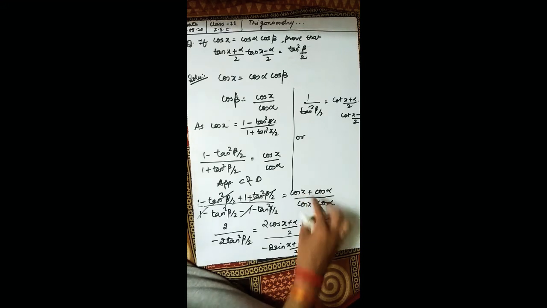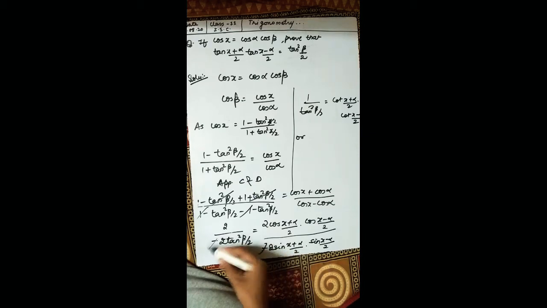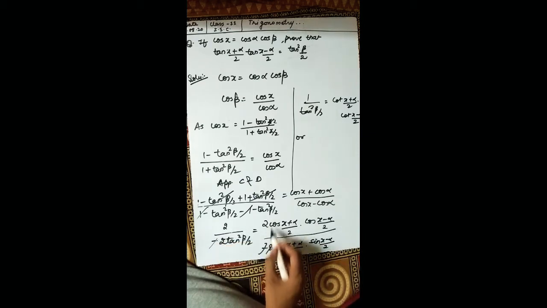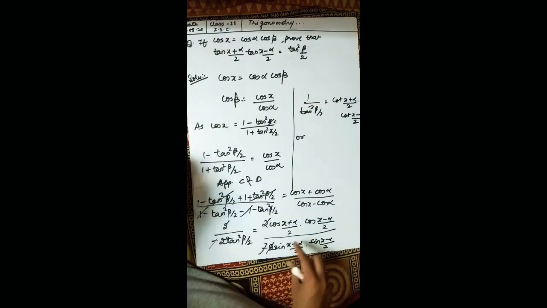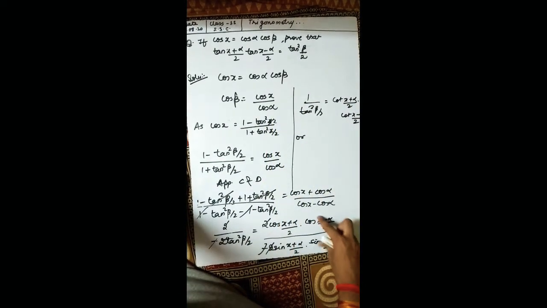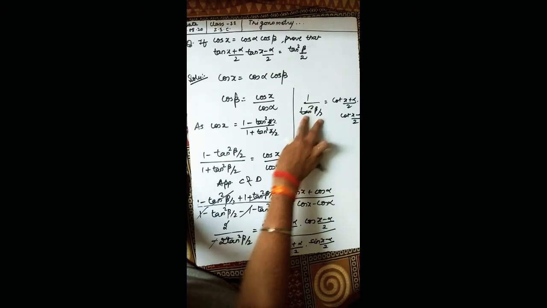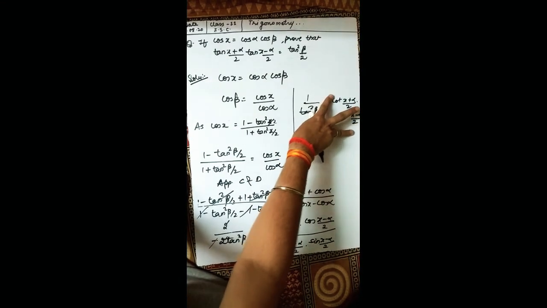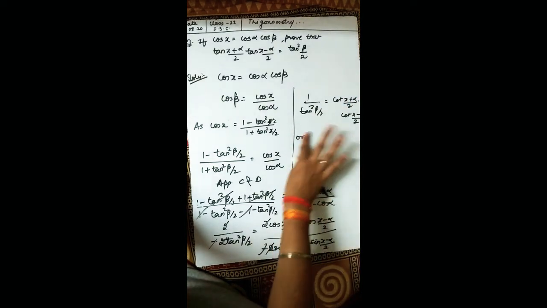Using cos c plus cos d equals 2 cos((c+d)/2) cos((c-d)/2), and using cos c minus cos d equals minus 2 sin((c+d)/2) sin((c-d)/2). This minus to minus you can cancel, and this 2 with this 2 and this 2 with this 2. You are left with 1 upon tan square beta equal to cos upon sin, which is what? Cot. Cos upon sin again cot. You take this tan square beta to that side, and this cot((x+alpha)/2) and cot((x-alpha)/2) in the denominator here.